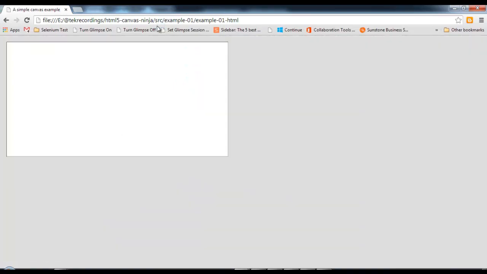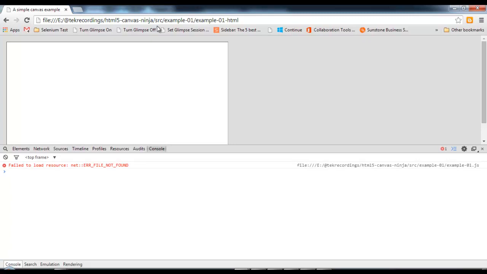When you refresh the browser, you will find the canvas element positioned onto the page. Also, if you bring up Chrome's debugging tool, you will find that a JavaScript file resource loading error is mentioned there. We'll shortly create this file.